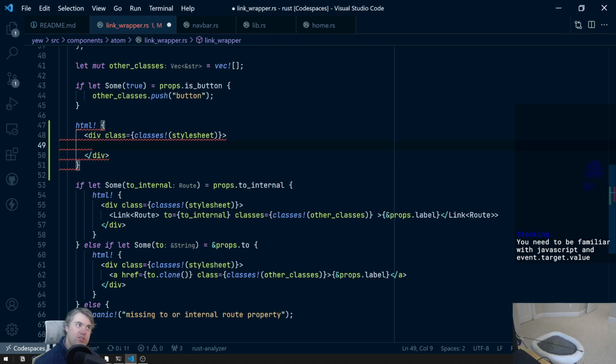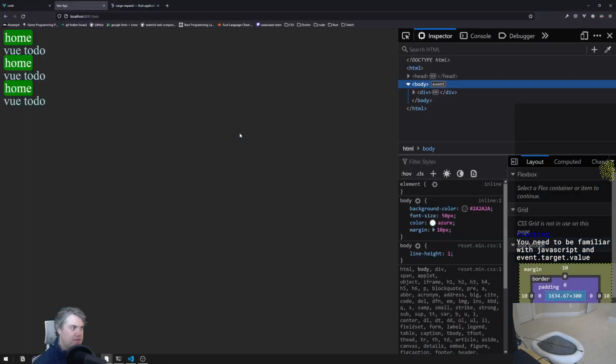You need to be familiar with JavaScript and event.target.value. Yeah, I wonder if you have to grab that stuff from the actual target. I guess they don't have data binding, like a model type thing. I mean,